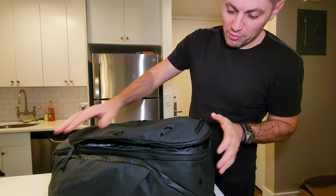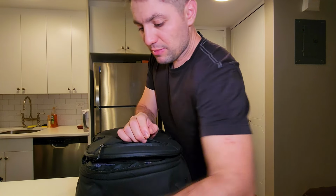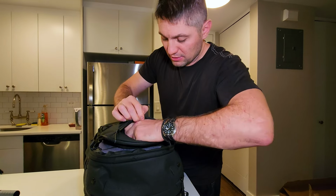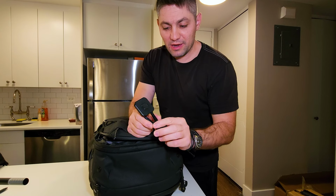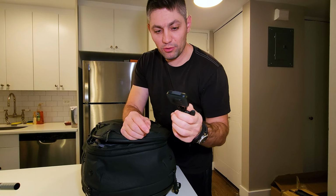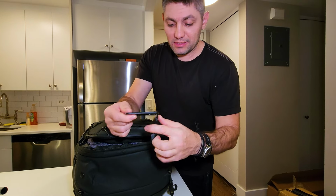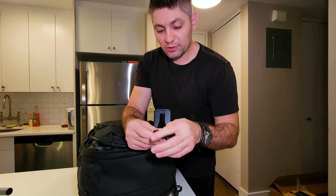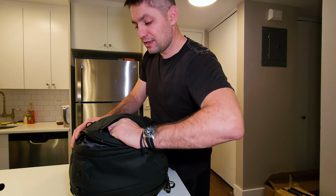And I forgot, we have a pocket here right in front. This is quick access, and this is what I carry here. Very compact battery bank. Quick access for cable for charging. This thing that I use for my tripod. Peak Design Creator Kit, mobile kit I reviewed, sold out on Amazon. Hard to find now. Awesome piece. That goes onto my cell phone. Really awesome thing. Also sold out on Amazon. So these things go with me everywhere, and they stay right here, so I can get them out easy, fast,